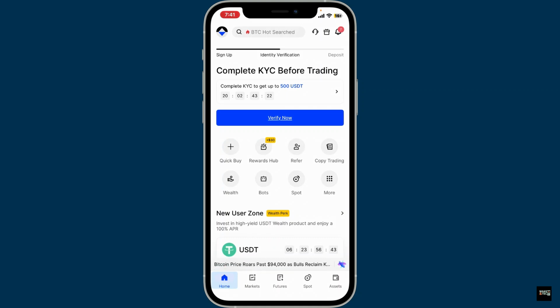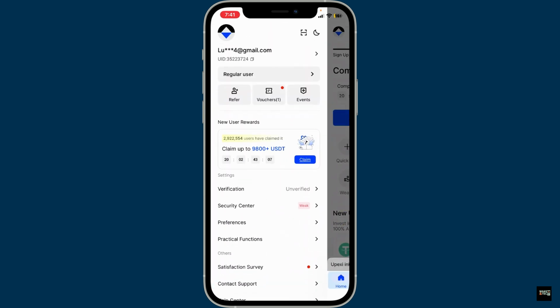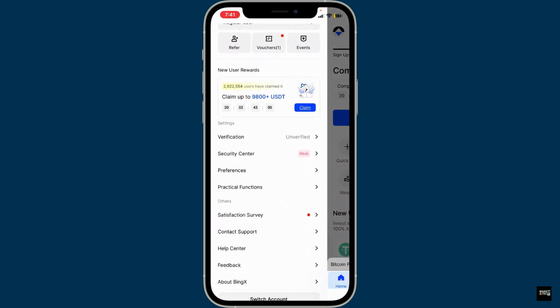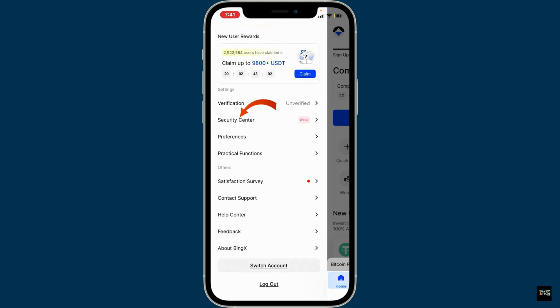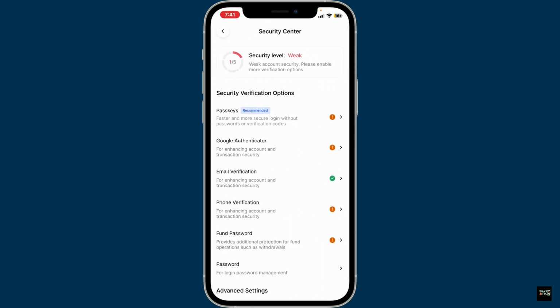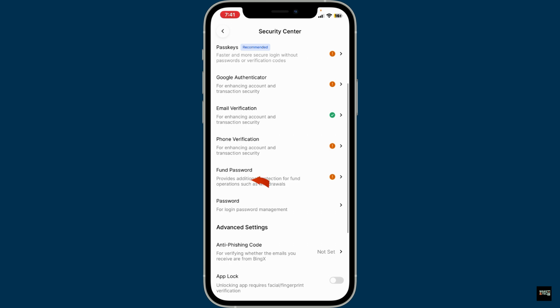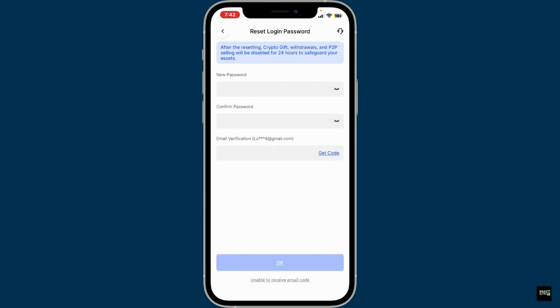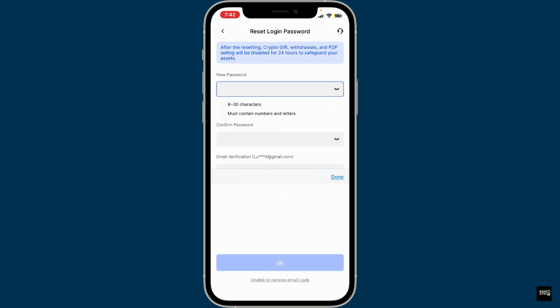From the homepage of BingX, go to the top left corner and tap on the profile picture. Once you end up in this expanded menu, go ahead and scroll down and click on Security Center. Under Security Center, scroll down and tap on Password. Here in the next page, go ahead and enter the new password you would like to change to for your